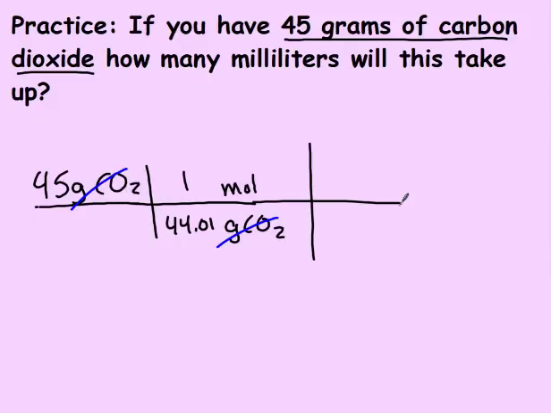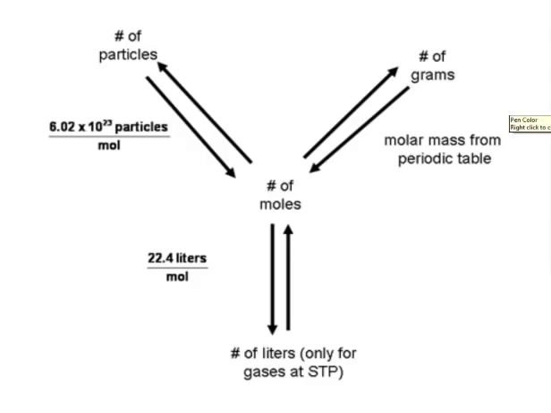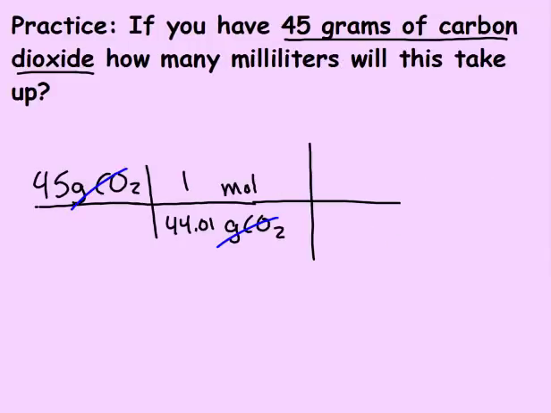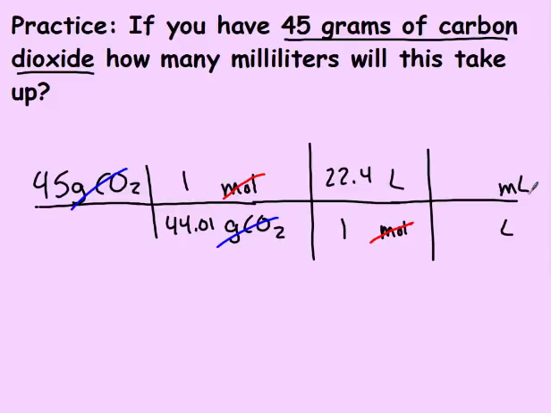I'm trying to get to milliliters, but I can't get to milliliters until I get to liters. So in this problem, I'm starting at grams, and I'm trying to get to milliliters. So I'm going grams to moles, moles to liters, liters to milliliters. So I'm going to go moles to liters. 1 mole is 22.4 liters. So now I'm at liters. And finally, now I can go liters to milliliters. Liters is bigger, so it gets the 1, and milli is 1,000. Multiplying and dividing,